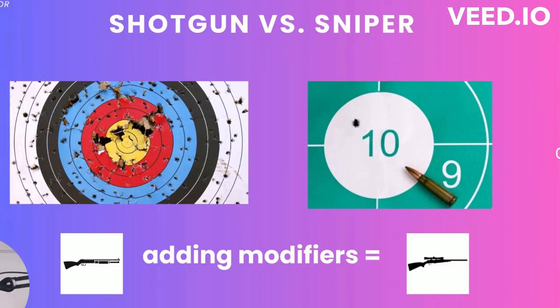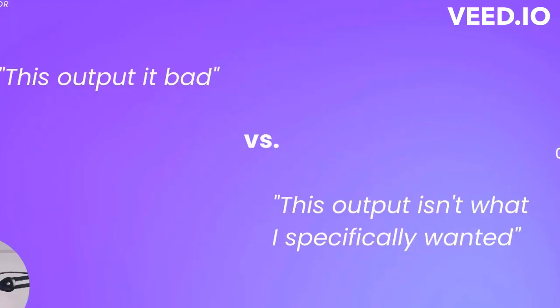Now think about the last time you tried to prompt ChatGPT, but it didn't work out well. You might have thought, this output is bad. This tweet is bad. This joke is bad, whatever. But when you say that, what you're really saying is, this output isn't specifically what I wanted. The problem is that we quite often have no idea what we want to create. But if we don't know the target we want to hit, how could we choose the right gun to hit it? So again, you master ChatGPT by becoming aware of exactly what you want it to output, and then learning how to adjust the prompts accordingly. And once you understand this very basic paradigm, every ChatGPT prompt will just make sense to you.